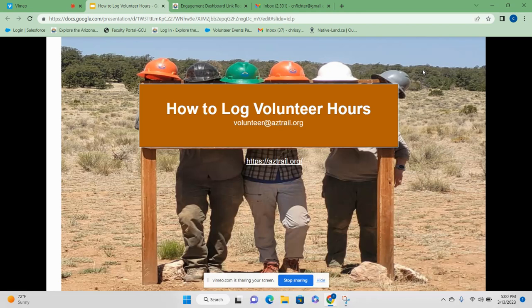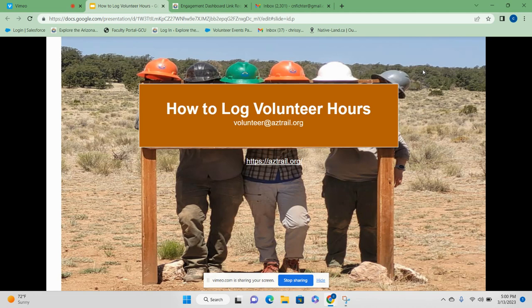You are the foundation of the Arizona Trail. It would not be what it is without volunteers like you. Logged volunteer hours drive funding for the trail and the ATA. Additionally, you can earn rewards for your log time, so make sure you get all of your volunteer hours submitted. If you do not know how to log your hours, not to worry, this tutorial will guide you through the